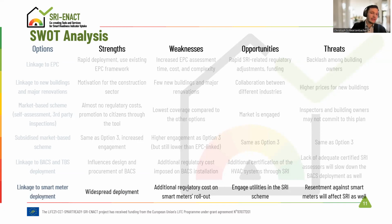And last but not least, a linkage to smart meter deployment could be an option for SRI uptake. That would be a very widespread deployment compared to the other options. But there is additional regulatory cost on the smart meter rollout, but an opportunity would be the engagement of utilities in the SRI scheme. And a threat is the resentment against smart meters that will affect SRI as well. Okay, so far